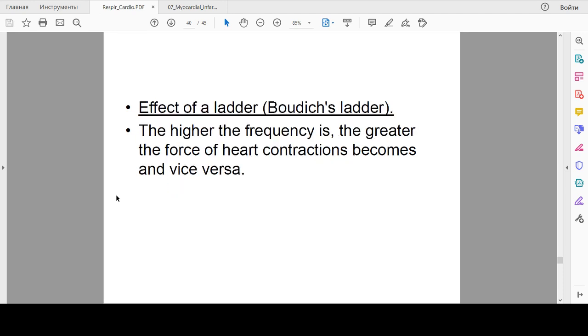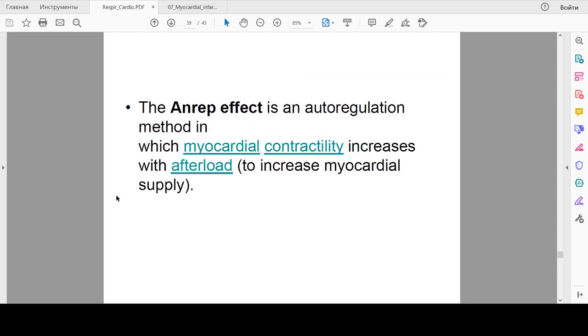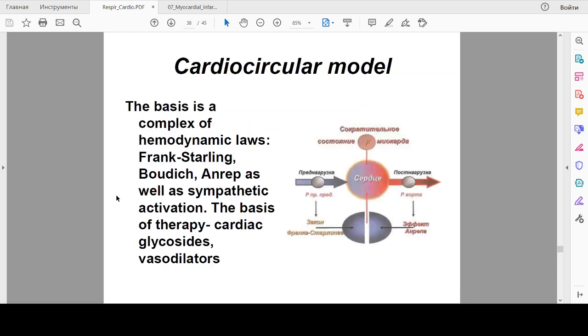And one more phenomenon, the effect of ladder, or Bowditch ladder. The higher the frequency of stimulation of myocardium is, the greater is the force of heart contraction, and vice versa. So this is the variety of interactions between stimulation and the force of contraction. That's why, according to this model,